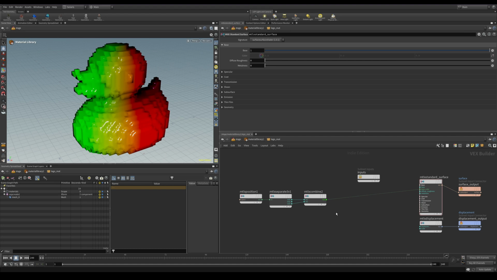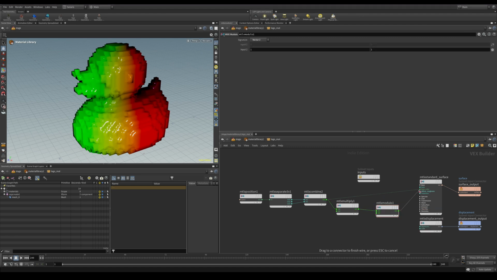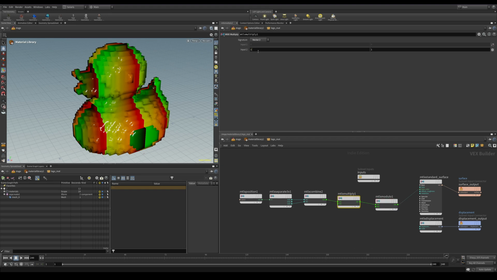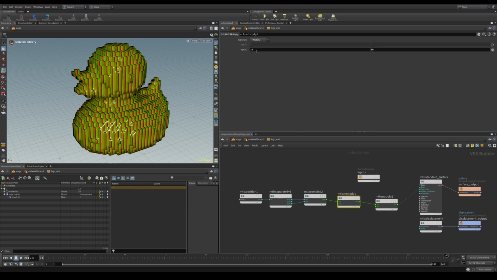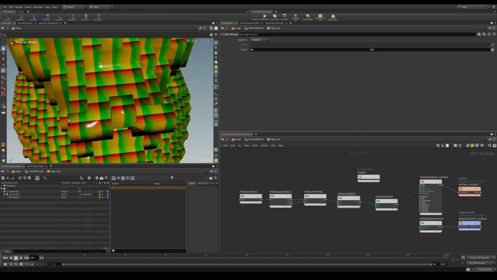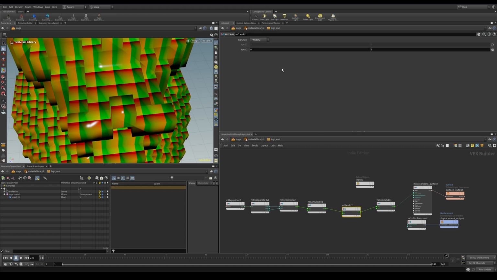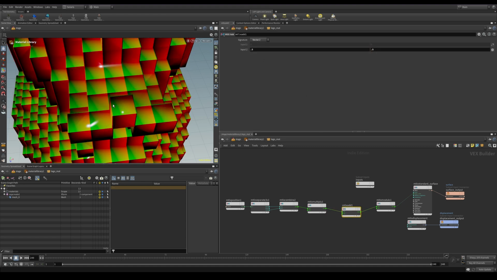Now I need to tile these UVs. So I'm going to use a multiply node and a modulo node, so we can see what it looks like. Connect all of this together. And let's multiply this with a value of 10 by 10. Well, this has now created our UV tiles. And I know it's a little hard to see, and that's because our blocks and our UV tiles are not completely lined up. So the corner of the UV tile is actually in the middle of our block. So let's create a little bit of an offset here. So after the multiply, I'll do an add node and add a value of 0.5 and 0.5. Now the UVs sit squarely on top of our blocks.